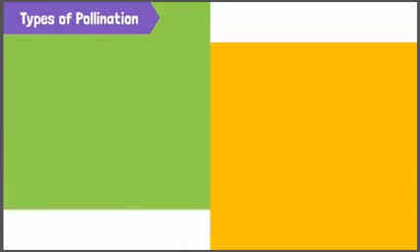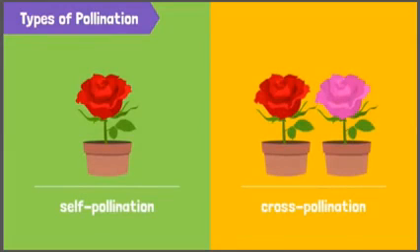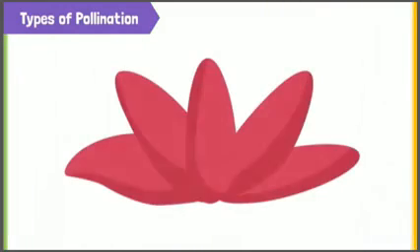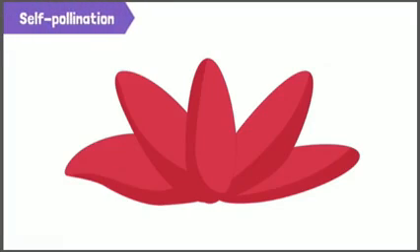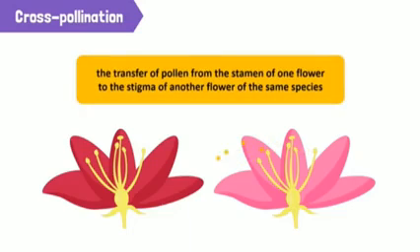Two types of pollination: self-pollination and cross-pollination. The transfer of pollen from the stamen to the stigma of the same flower is called self-pollination. Transfer of pollen from the stamen of one flower to the stigma of another flower of the same species